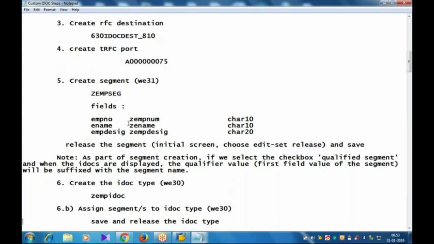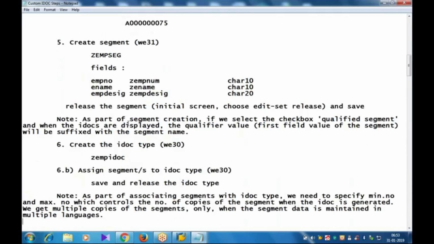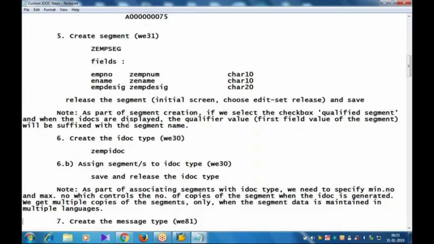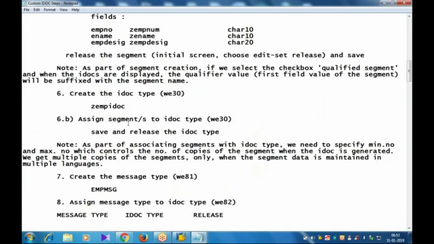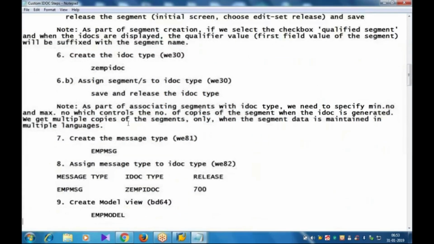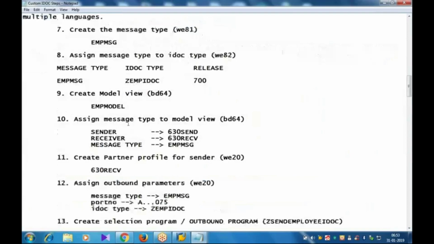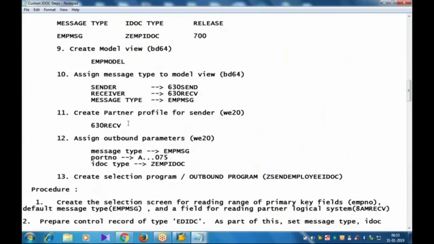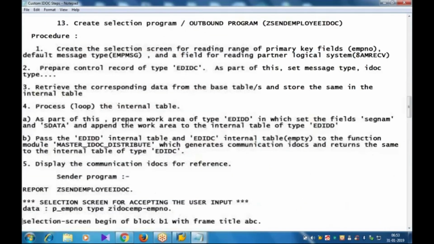Then we created the IDOC type, attached the segment to the IDOC type, then we released the IDOC type. Then we created the message type and linked the message type to the IDOC type. After that, we created the partner profile and configured the outbound parameters. And we created a blank selection program. Then coming to the receiver side,